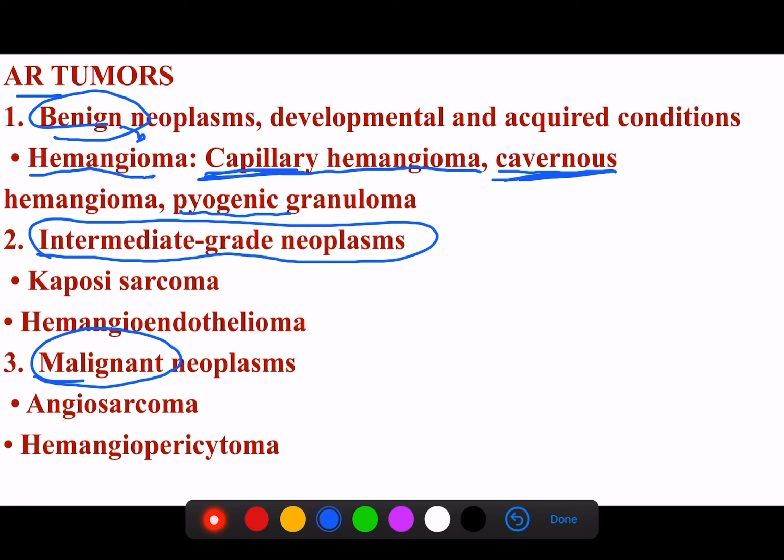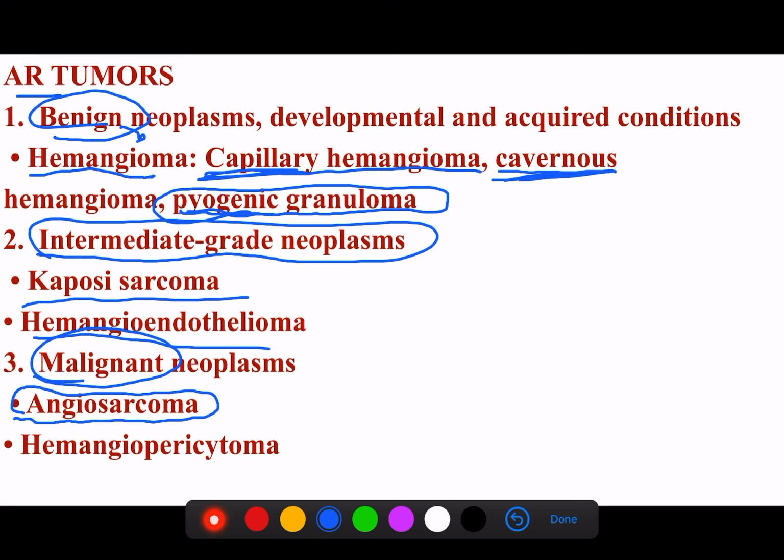Neoplasia of the artery tumor. Pyogenic granuloma, the name does not indicate the case. It means proliferation of blood vessels within elevated granulated tissue. It looks like granulation tissue in healing. The intermediate grade neoplasia includes Kaposi sarcoma and hemangioendothelioma. The most malignant tumor is called angiosarcoma, and there is